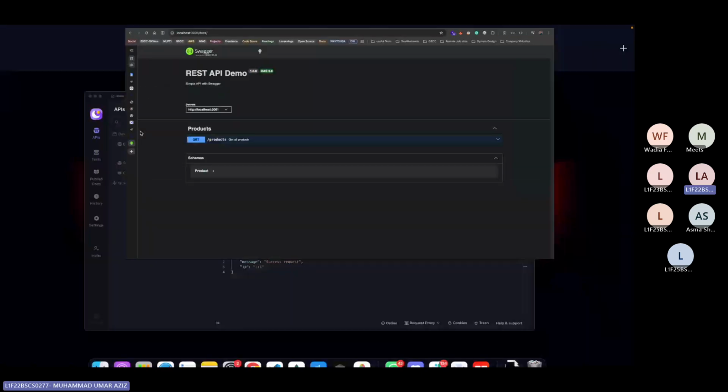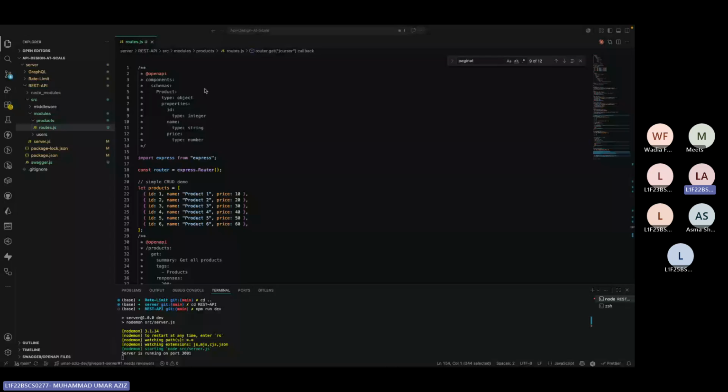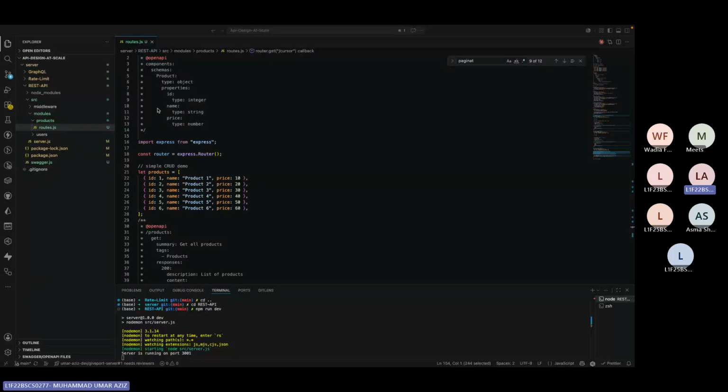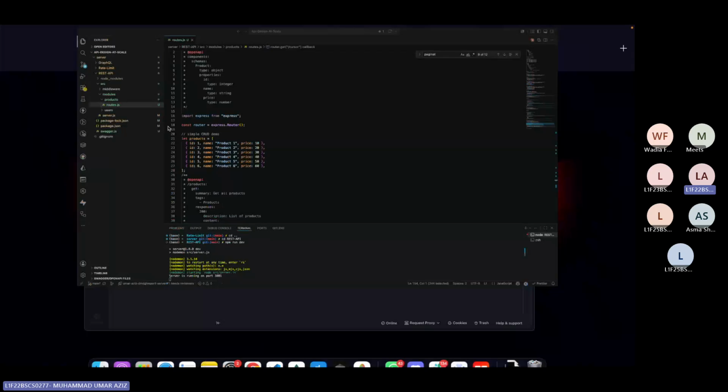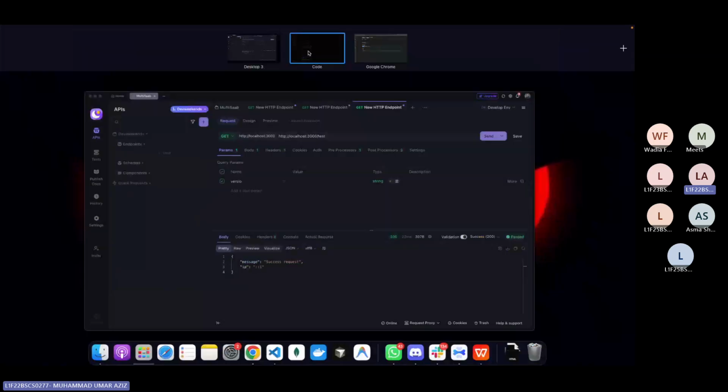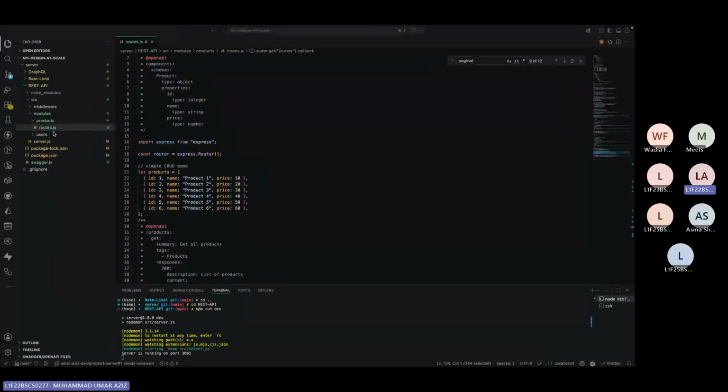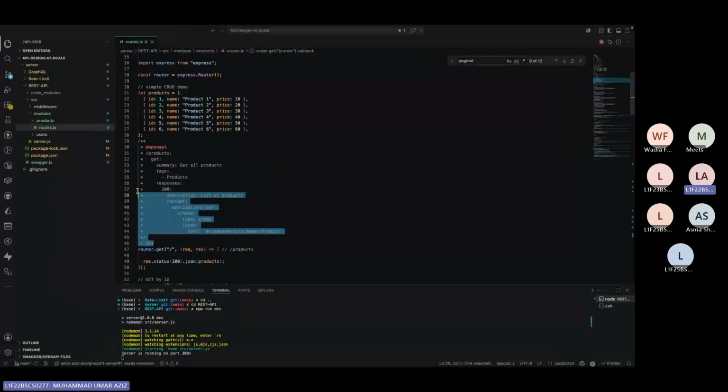It is very simple to integrate Swagger with any API. And the best practice is that you don't wait to write every logic into your API design and then go toward writing the docs. That is not the best practice. If you have any vision to share with others, and even if you have bigger APIs, then the best practice is that before even writing the logic, design your documentation first, design your contract first, the OpenAPI contract. So I just integrated Swagger, and